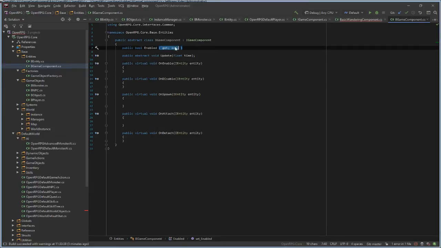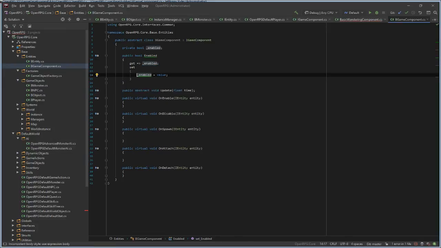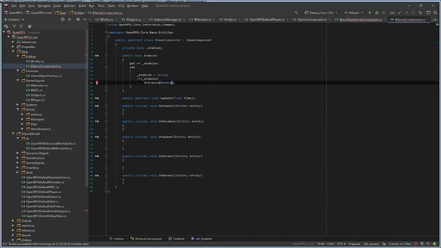So I'll do this with a backing field. So get and set. If enabled, on enable, entity.